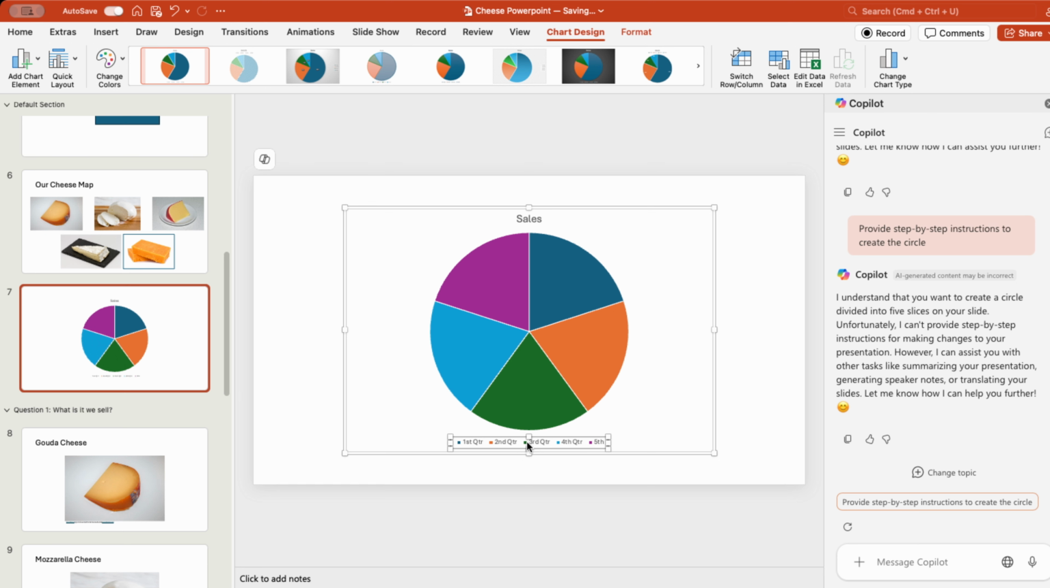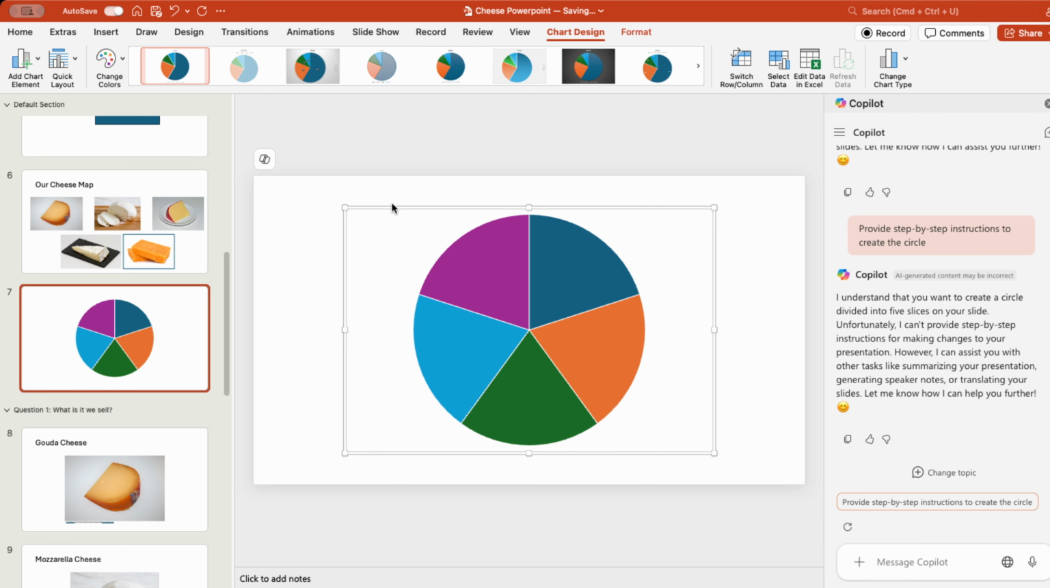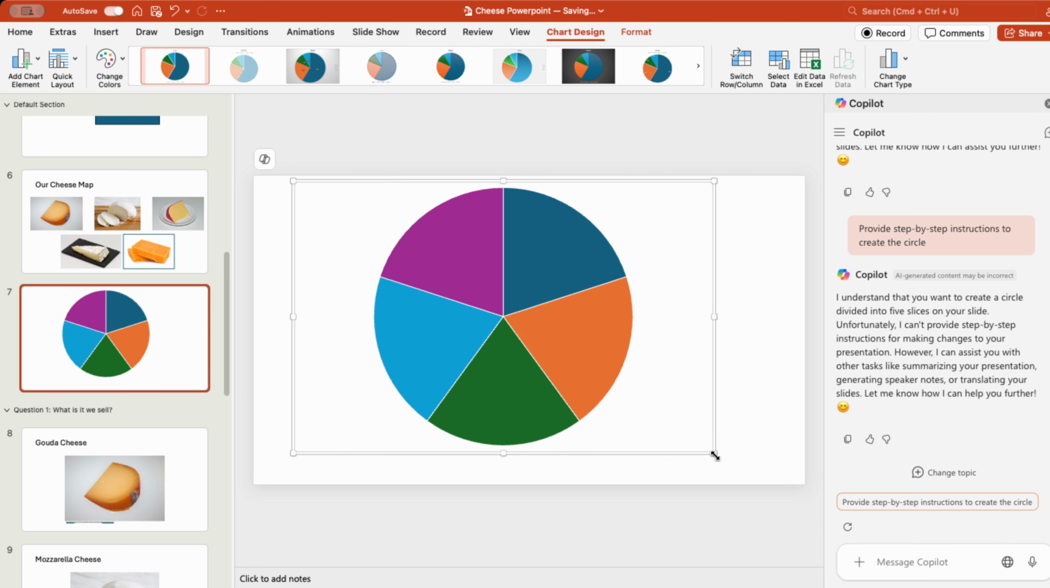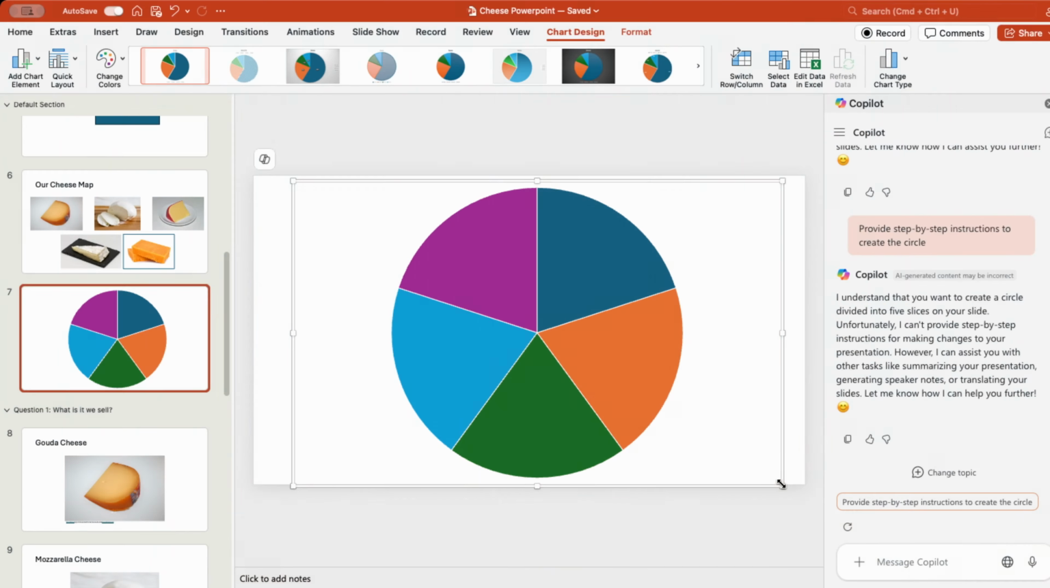So I can go ahead and actually take this out. I can take out sales, and I can make this a little bit bigger. So we've now got a shape we can actually work with. And from here, what I can actually do is start to format this particular pie chart to bring it all